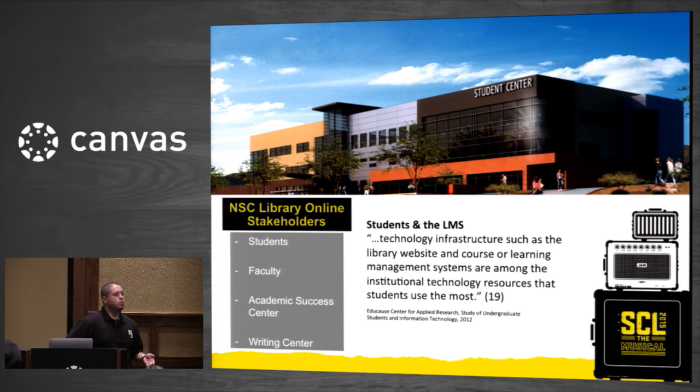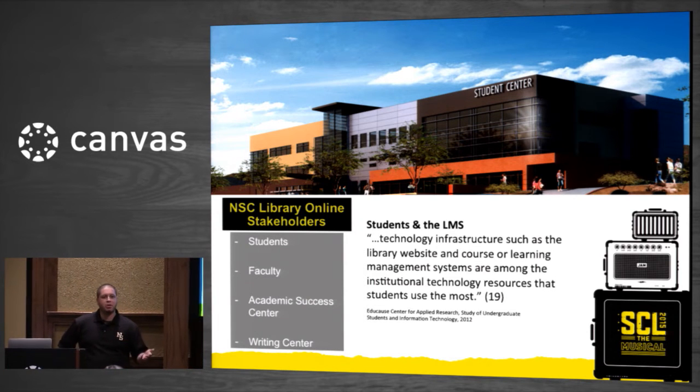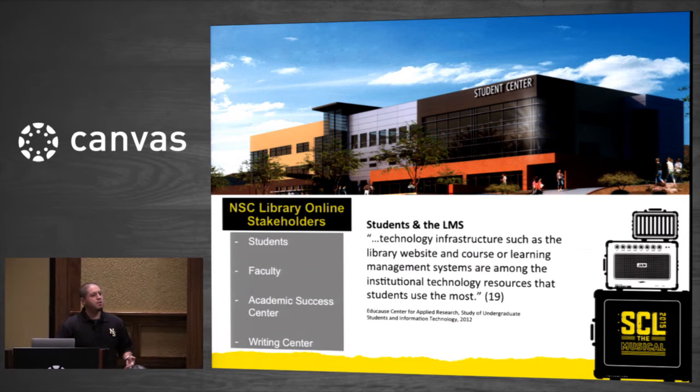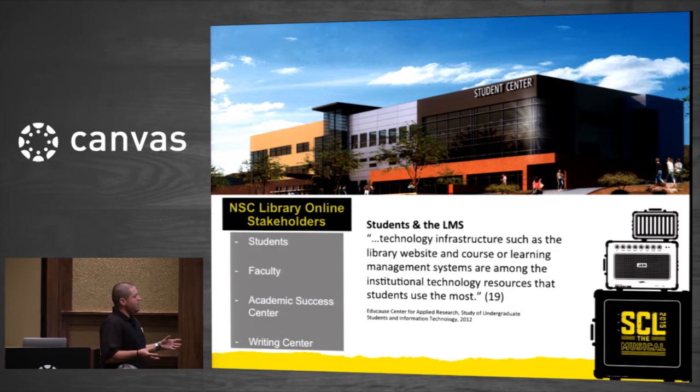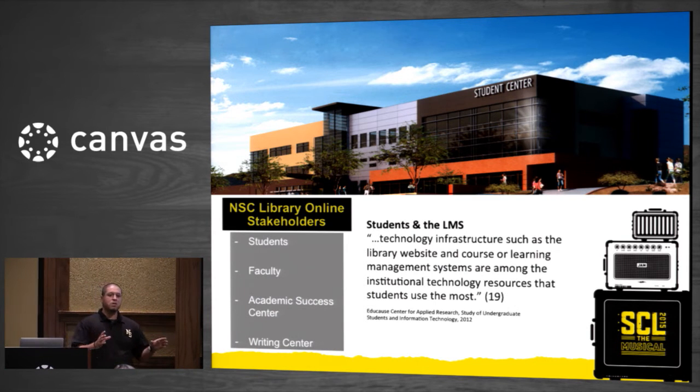We have a lot of students who commute to school. They come for their classes, and then they have to go pick up the kids or they have to go to their job. They're not able to come to the library or meet with the librarian. And the library webpage, like I said, isn't very robust. So this presence, I wanted it to be familiar to students since they're already in Canvas. They know what their course looks like. We're trying to emulate that with this library presence.